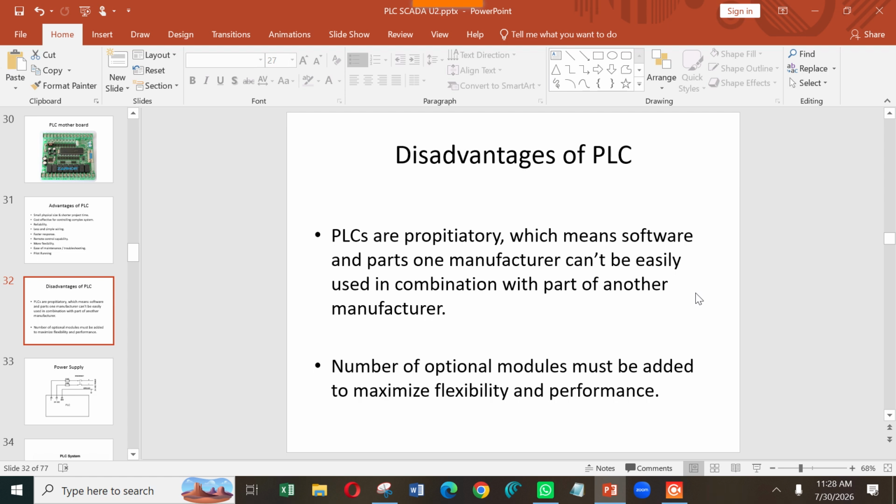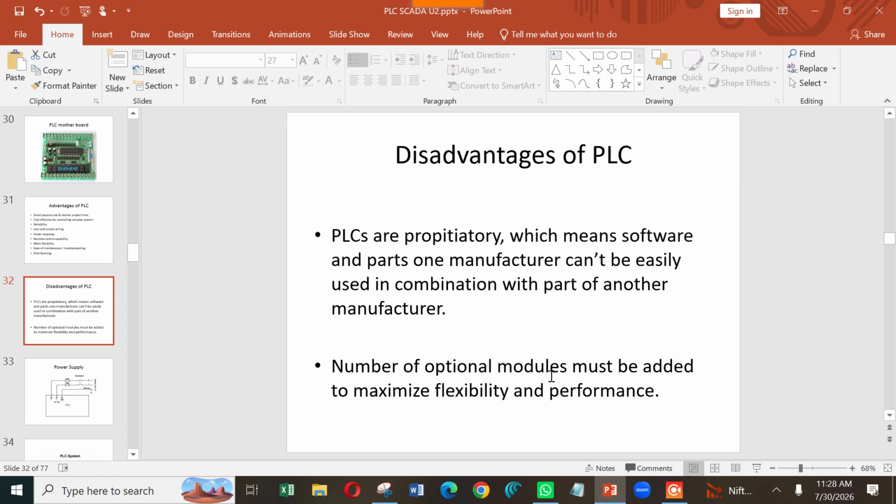You can't add as you require. So you have to follow their norms. That is very important. Software and parts from one manufacturer can't be easily used in combination with the parts of another manufacturer.